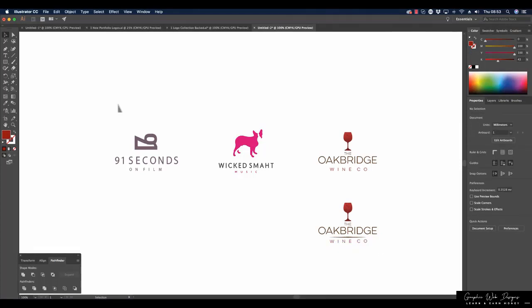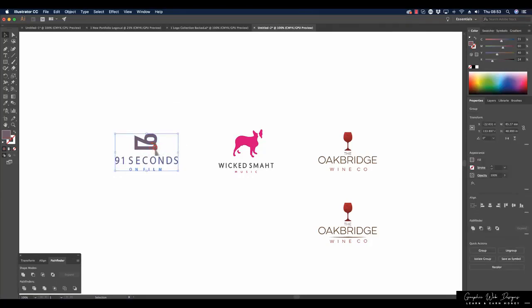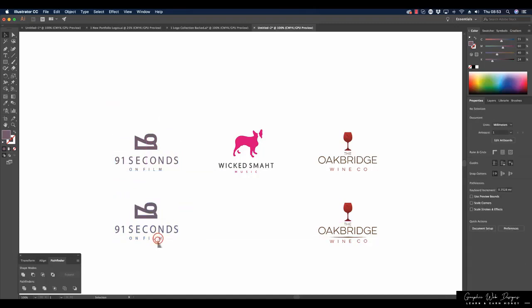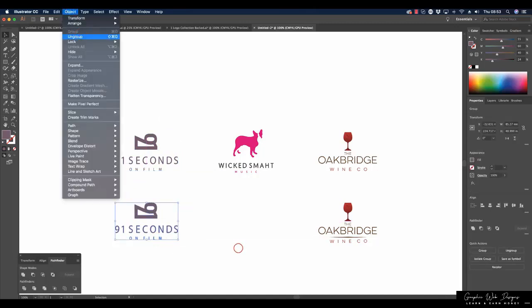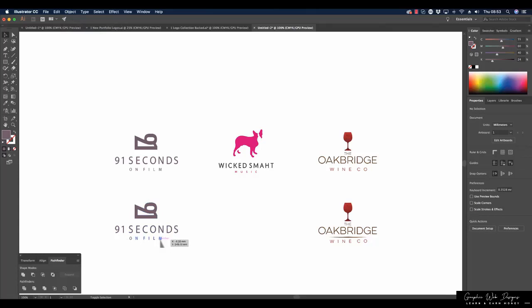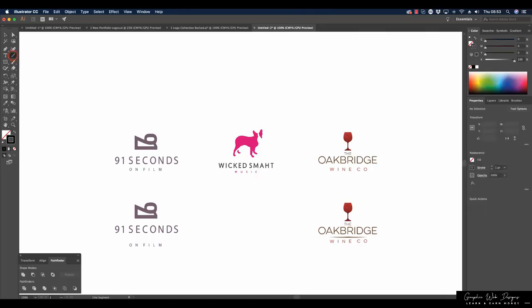Now to satisfy curiosity, you might be wondering how the other 2 logos would look with a horizontal rule. So let's go ahead and select the first. We'll make a copy with Alt and Shift. We'll pull one down and I'm going to go to Object, Ungroup. And holding Shift to keep it locked on the vertical, I'm going to drag down on film and I'm going to select no fill and I'm going to select black as the stroke to begin, and I'm going to select the line segment tool and I'm simply going to drag across a line like so,